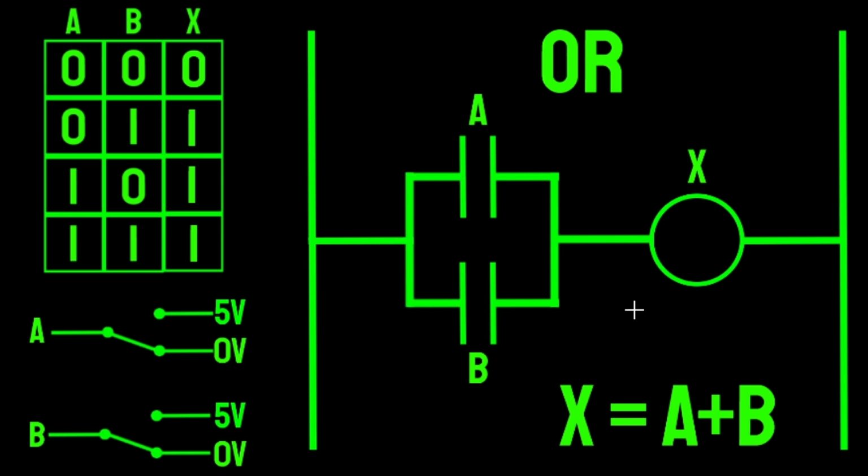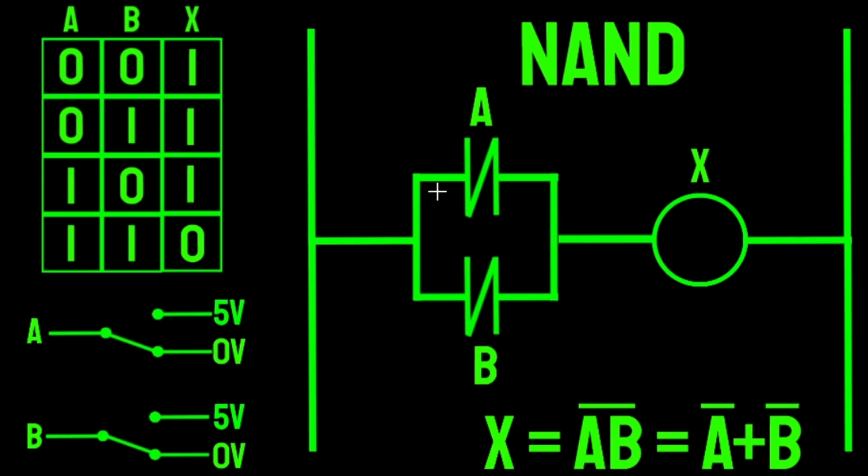Now we'll move on to the NAND gate. So here is the simplest way to make the NAND function using ladder logic. You put your variables in parallel and you make them normally closed, i.e. negated. This will give us the NAND truth table on the left, and because the NAND function is the opposite of the AND function, it will always be on unless both of your inputs are energized, in which case it will be off. So the expression for the NAND function is X equals (A and B) over bar,